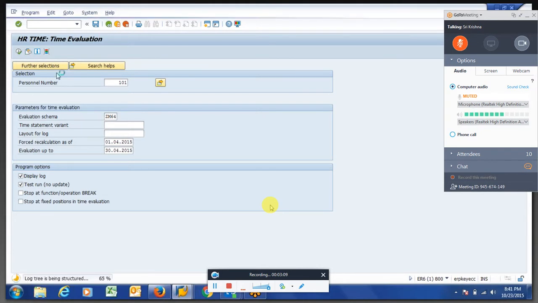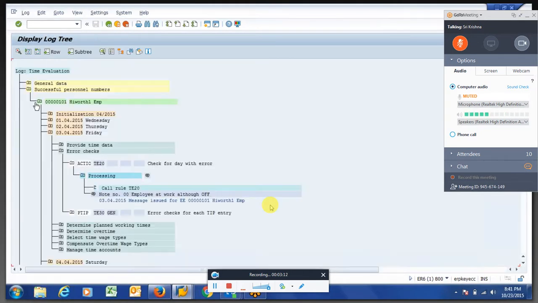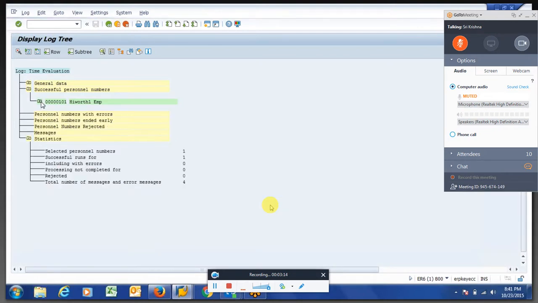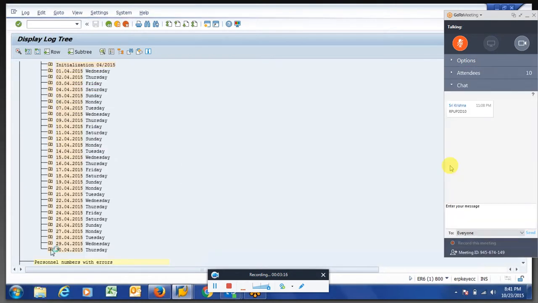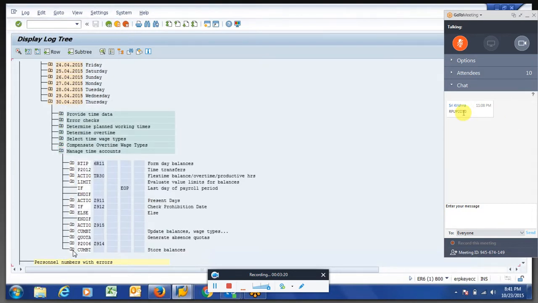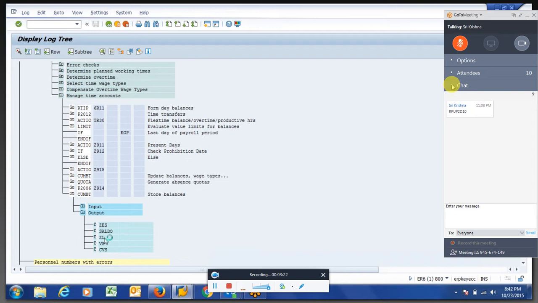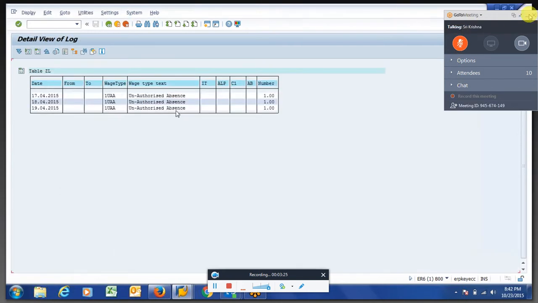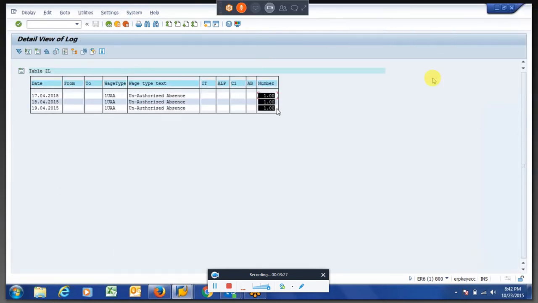What are the ZL it was generating for the entire month. As you know, the time evaluation will generate a ZL. Like we have 3 unauthorized absences from the